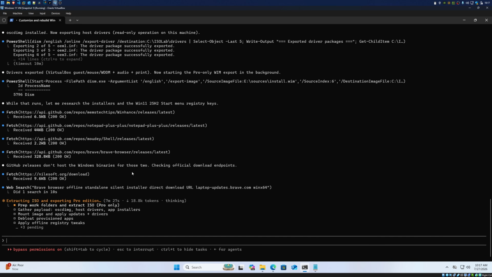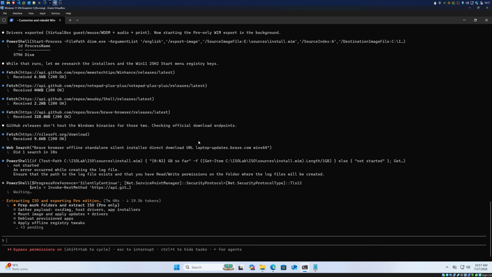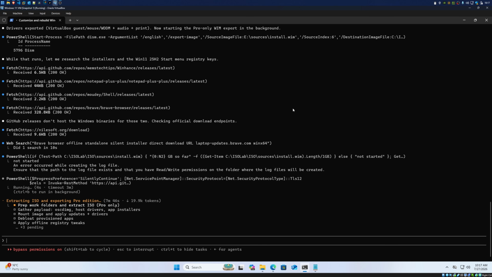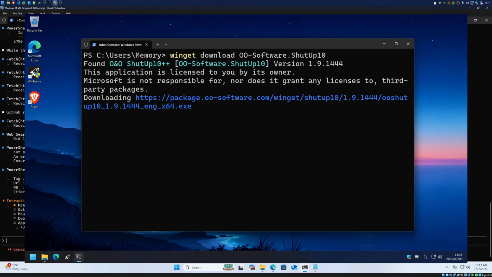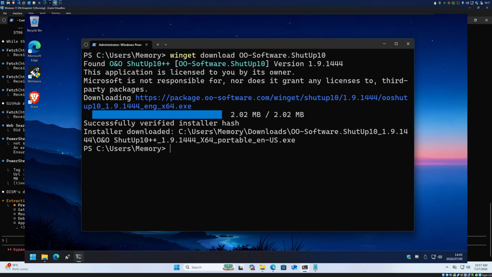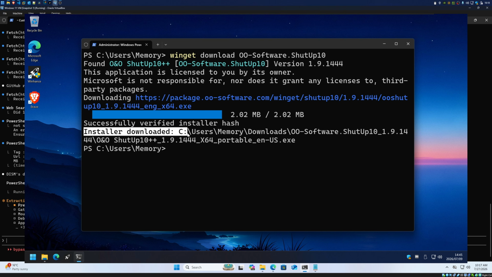So it is busy trying to download those 4 installers. And if it can't download these files from trusted sources, then I will just tell it to download them from Winget. This is something I'm noticing from these models, where they're not realizing that they have Winget at their disposal on this machine, and that Winget has a download command where you can just download the installer without installing it to the machine it's running on.